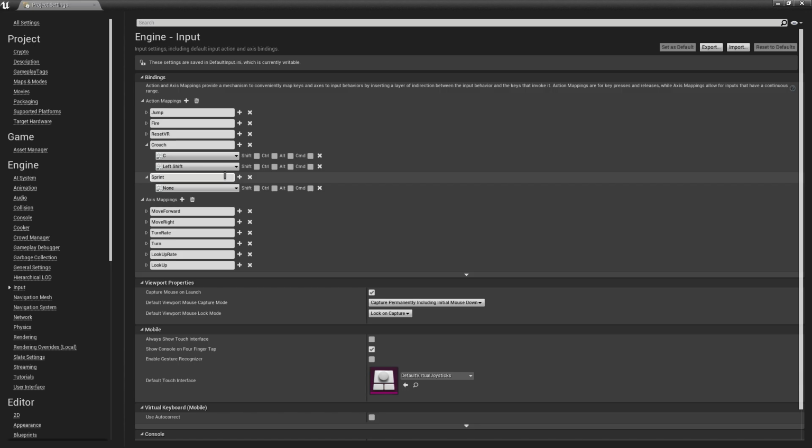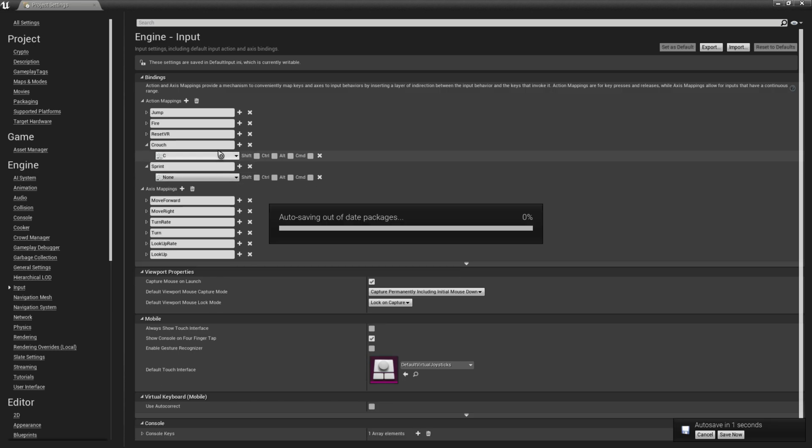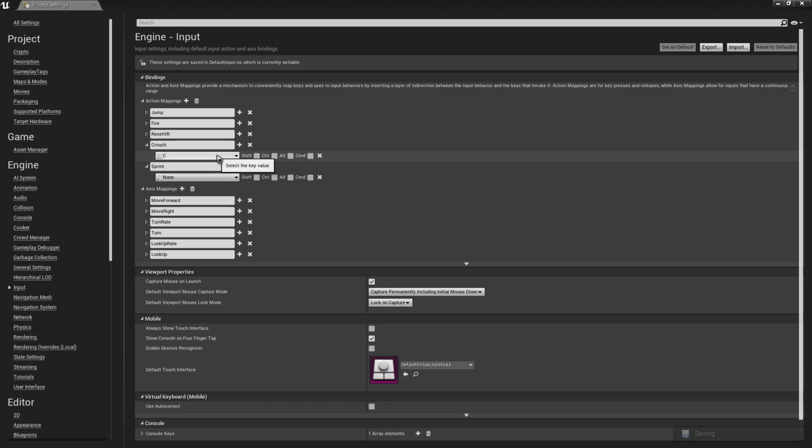Actually, I think I made a mistake by binding the left shift as the crouch key of our character. As I can remember, the left shift should be the sprint. So let's remove the left shift. Just leave the C as our crouch. Actually, it's not the left shift for crouch, it's the left control.